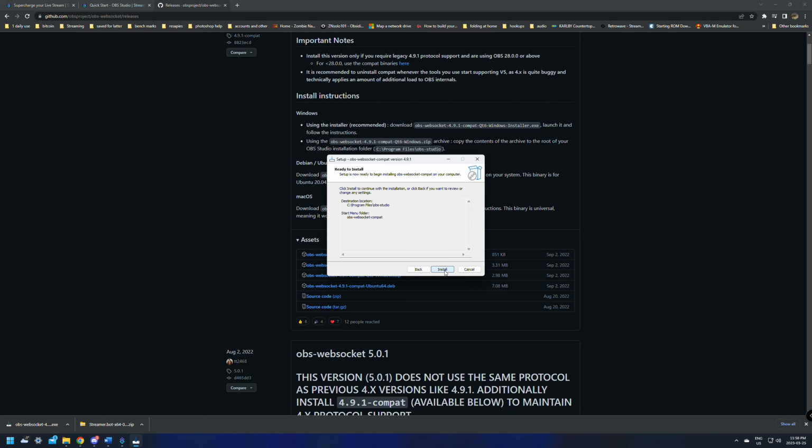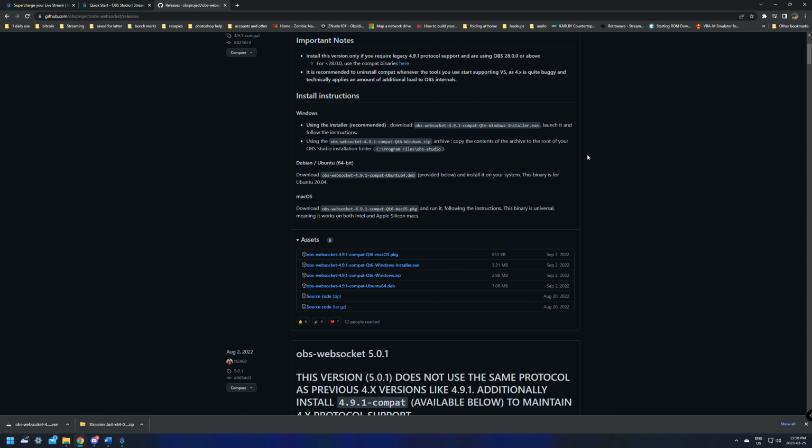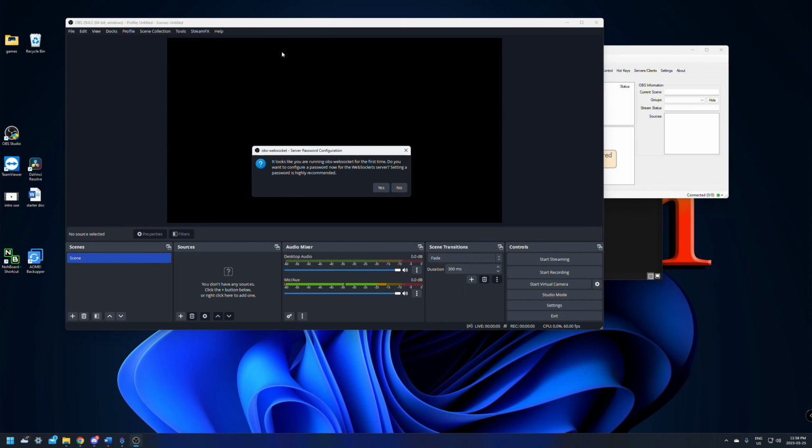So we're just going to click yes and install, and it's going to be the OBS WebSocket Compat, and click install. Then finish, should be done after that. Next, we're just going to give OBS a quick launch. OBS loads up the first time after you've installed the WebSocket. Make sure that it was closed when you installed the WebSocket, but the first time that it does load up,